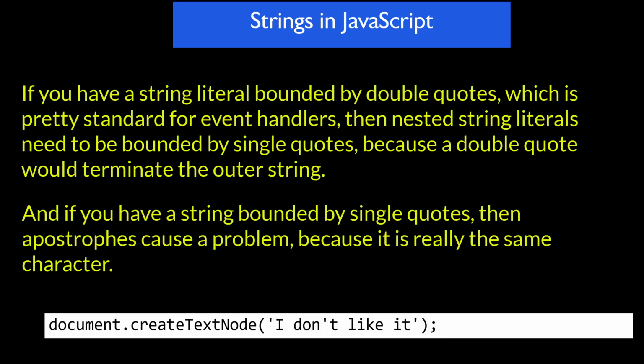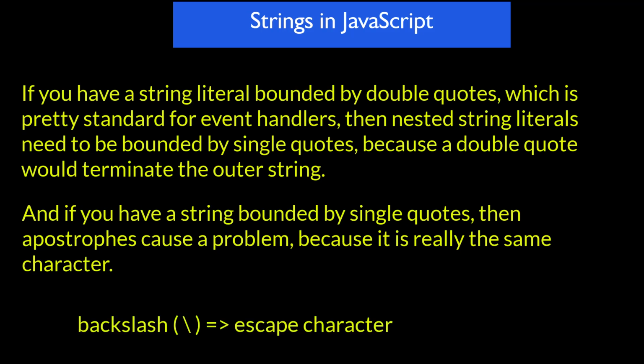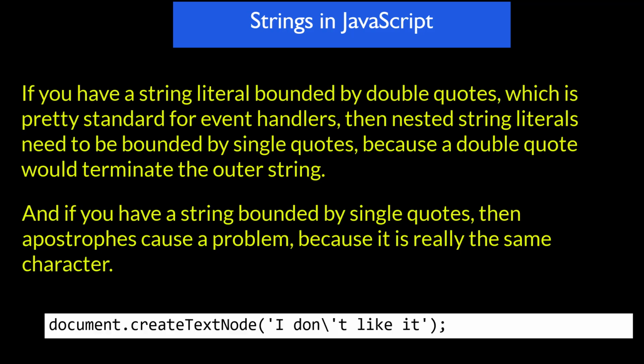document.createTextNode("I don't like it") is a problem. To embed an apostrophe, you need to use a backslash character to escape the apostrophe. The presence of the backslash tells JavaScript that you are not using this as a string terminator, but as a literal. document.createTextNode("I don\'t like it");